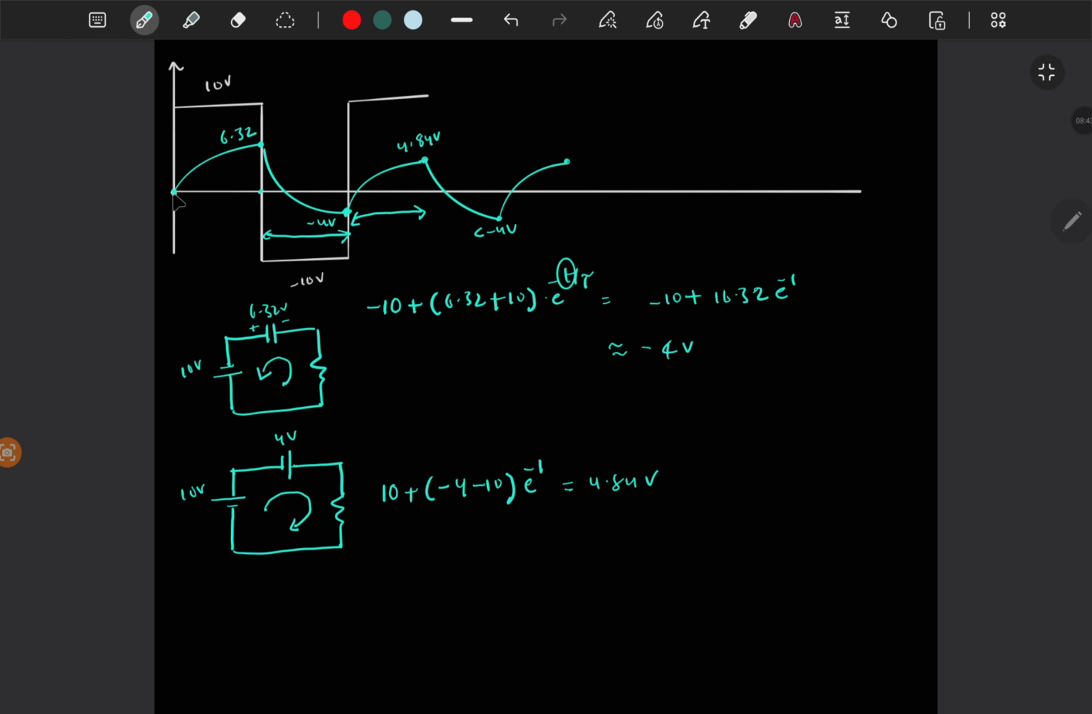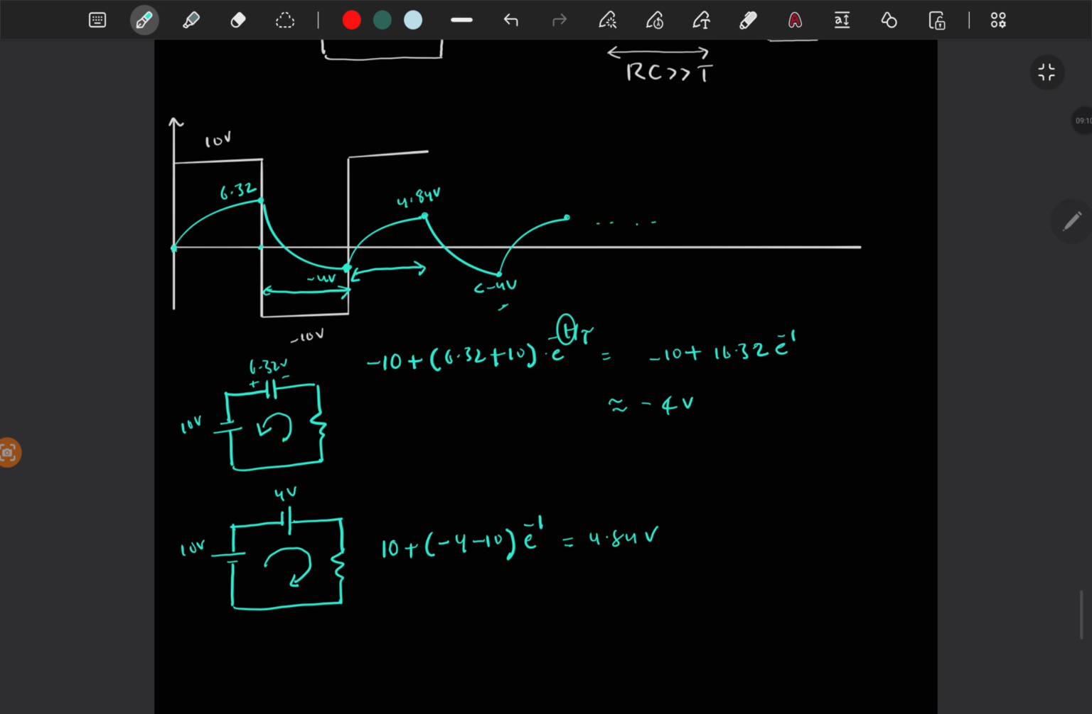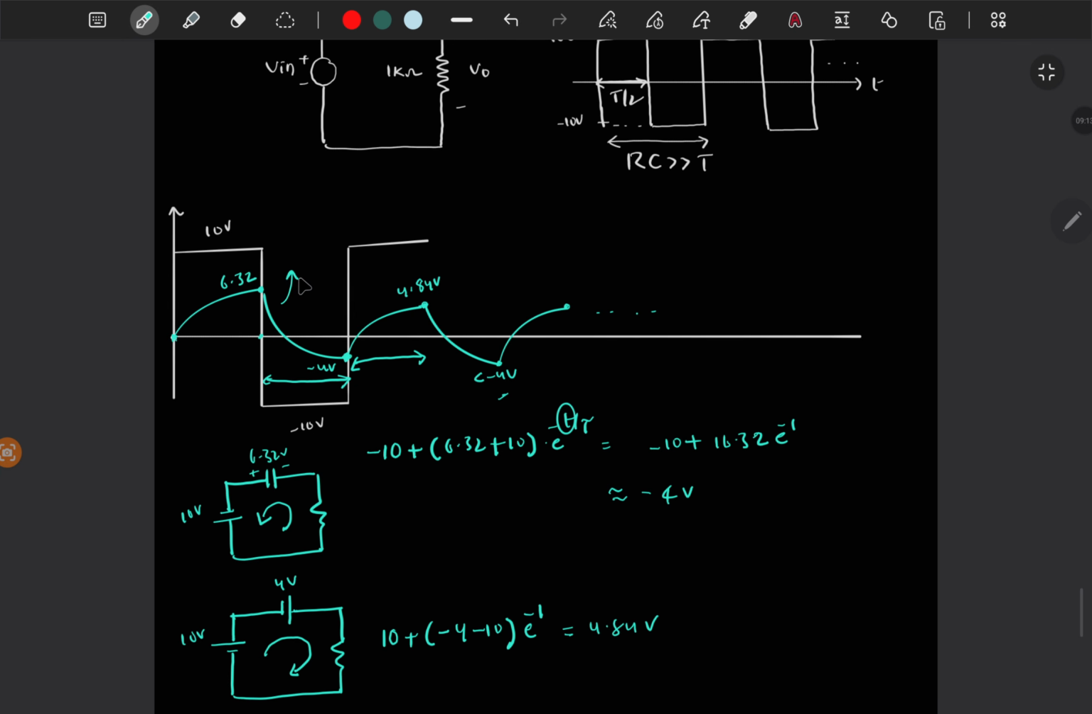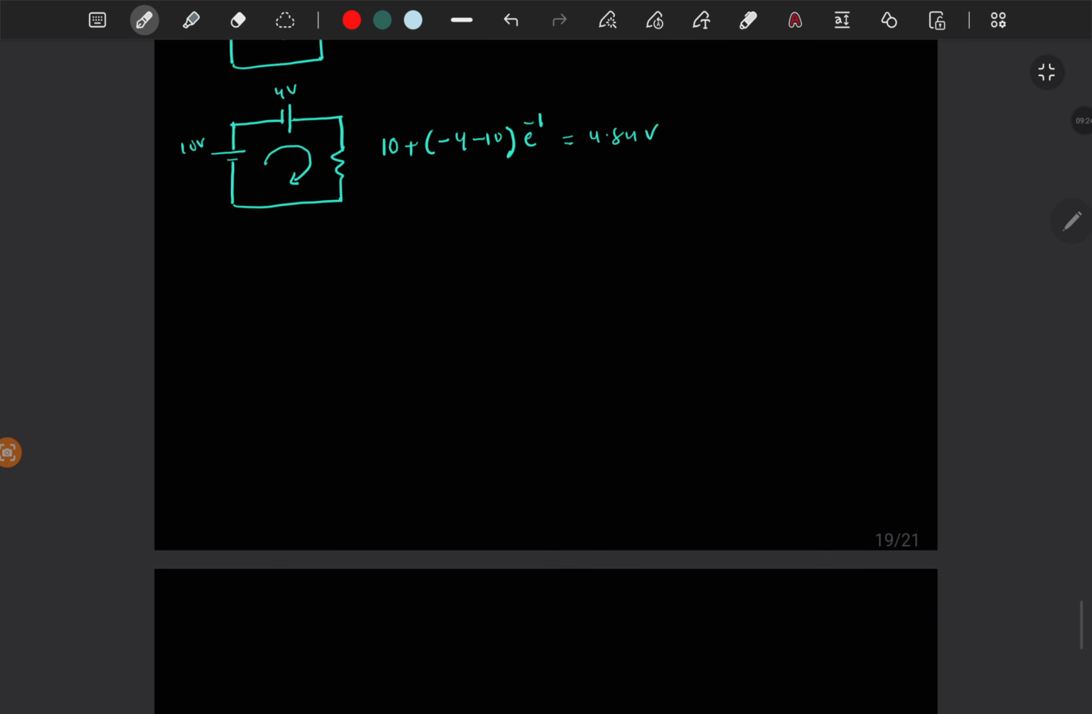So if you see here, initially it was 0, then 6.32, then minus 4, then 4.84, then some other, let's say minus 5, we don't know. So this keeps on changing, right? So how can we decide? So at steady state, let's assume it has reached to some constant oscillations. So let's say this is Vc of t, and this is Vn of t. So at steady state,